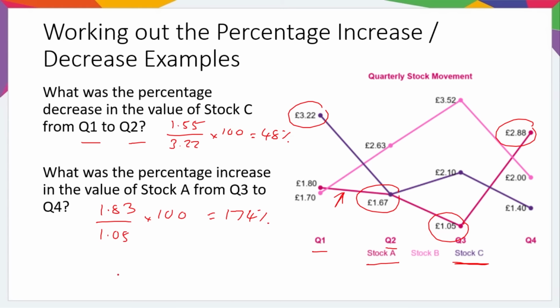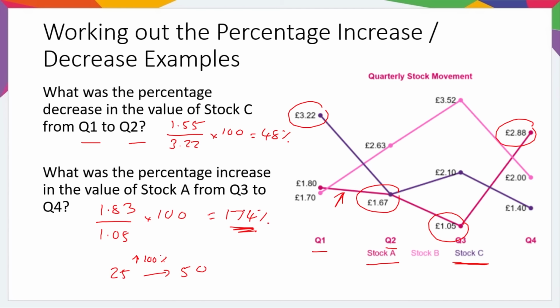When something doubles in value, that is a 100% increase. If something was £25 and you've sold it for £50, you have made a 100% profit because the profit you made is the 100% value of what it was originally. So when something doubles in value, that is a 100% increase. So in this case, it must have more than doubled. And as you can see, £1.05, £2.10, £3.15, it's nearly tripled in value, which is why we're close to 200%